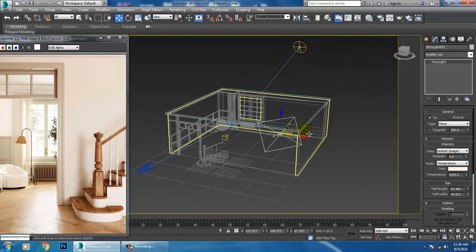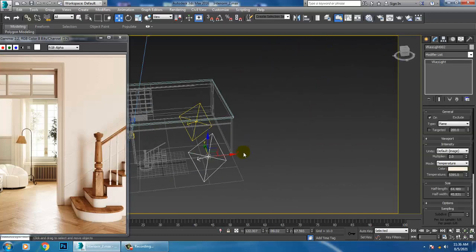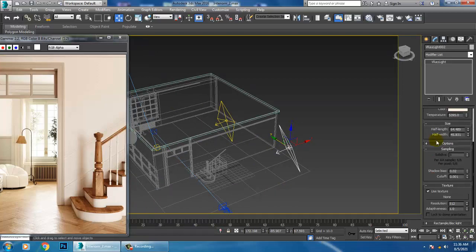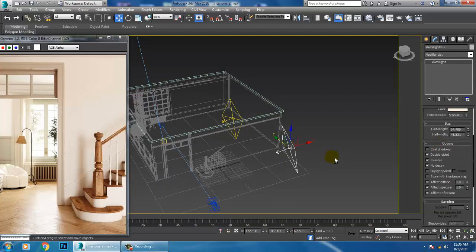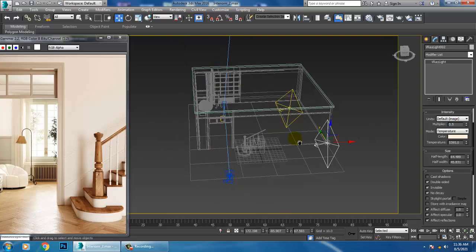I'll duplicate this light, and this will be just a fill light. I'll deactivate cast shadow and reduce the multiplier to 0.5. We'll keep this as 0.5.